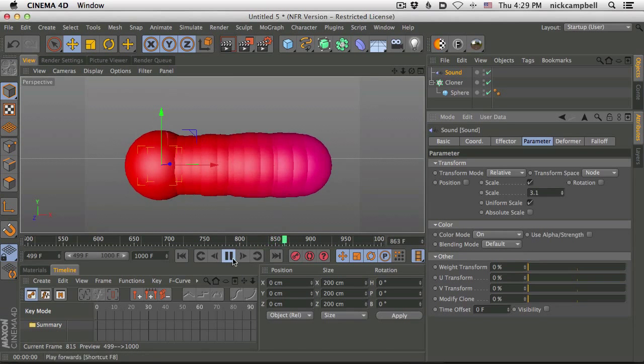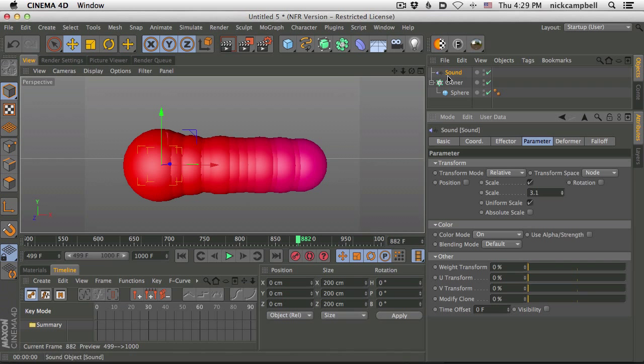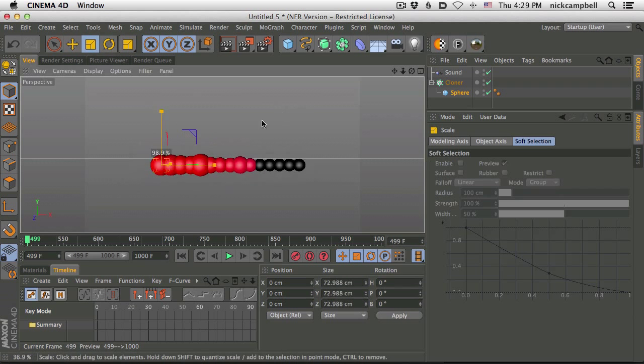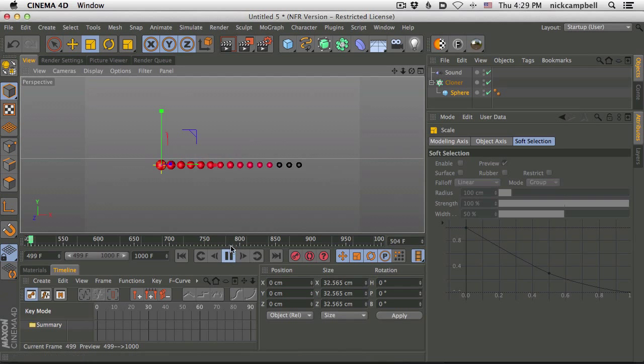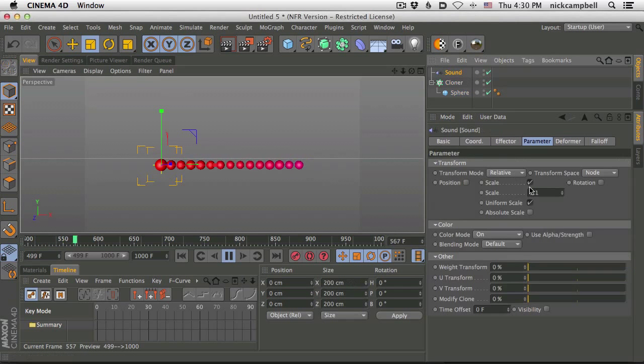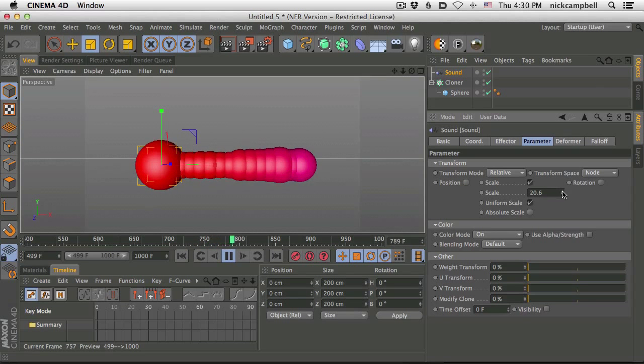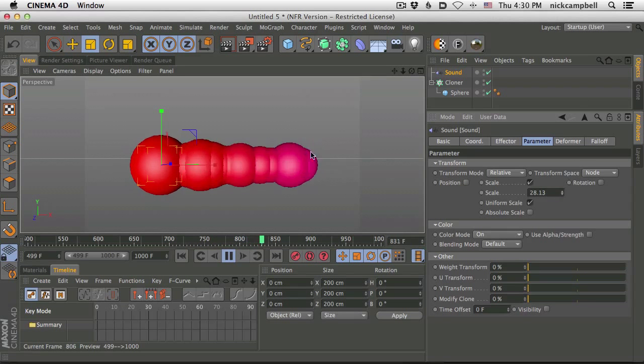So now we have some spheres that are kind of bouncing around. We can also shrink these spheres down. Let's go to frame 0, which in this case is 500, but you get the idea. Let's shrink our spheres down, just so they're little tiny dudes normally, and then they really grow up large. So let's go to that sound effector and really crank it up, something like 10 or maybe even higher. Okay. So there we go. So now we're getting somewhere. Let me really crank this and talk about the next thing we're going to add before we start adding all the dynamics and stuff like that.